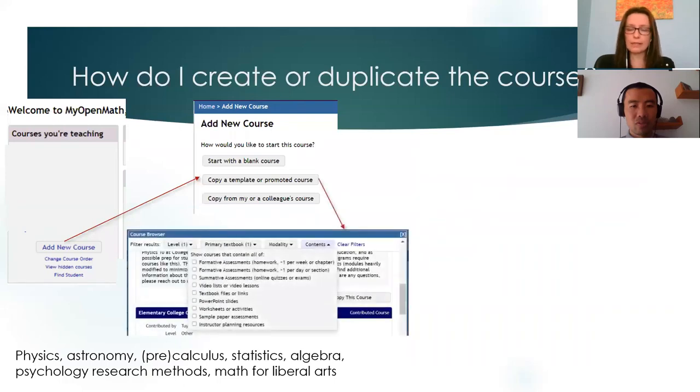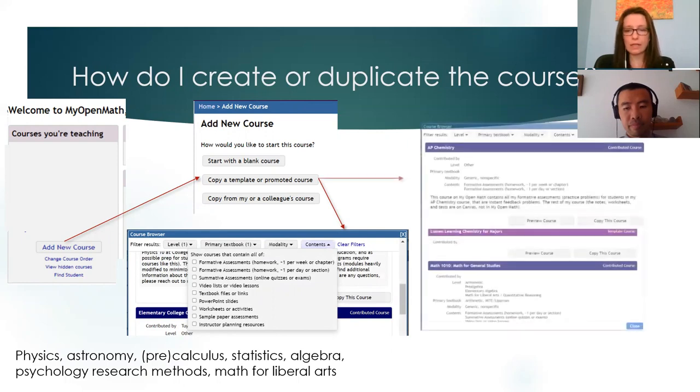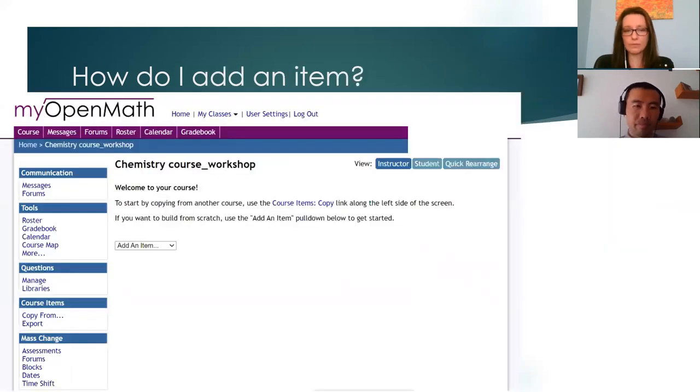If you choose a template that's already available, you could use different levels of your course. Is it just introductory or more advanced? Is it only for assessment, or are you looking for textbook sources or video listings? If you're looking for assessments for online homework, you can find 2 templates for AP Chemistry and Lumen Learning Chemistry for majors.